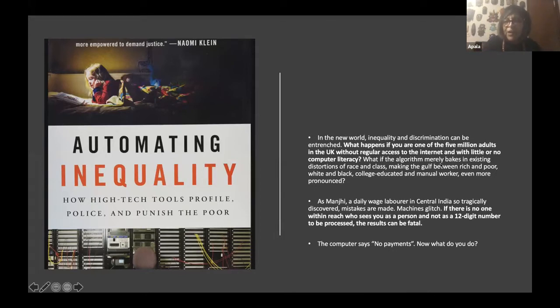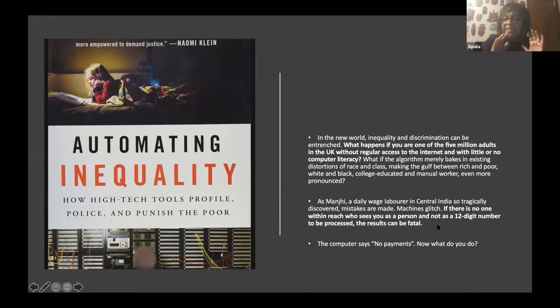The result is, what if you are somebody who does not have access to the internet, does not have much savviness with technology, and your life depends on that grant you get, which now is just automated, and you don't know how to make sense of that system, because the people who you would be in touch with at the welfare office, the benefits office, whatever it may be in different parts of the world, are not there anymore. And how have we designed this technology to take care of all these different kinds of people who represent the invisibility that we have somehow created and the fault lines in our societies?